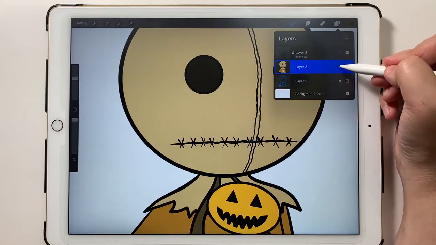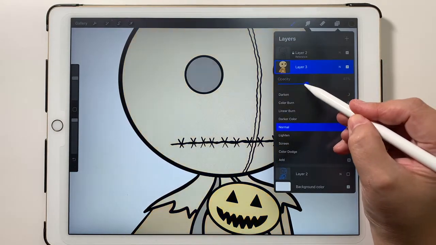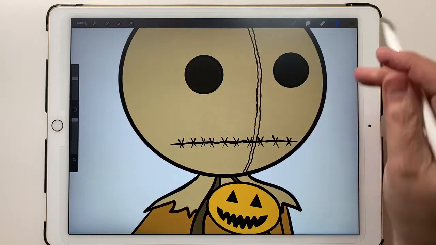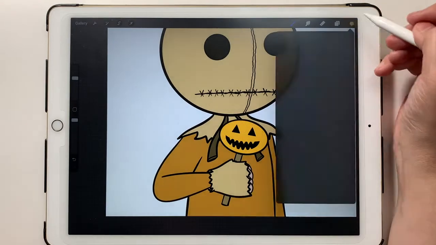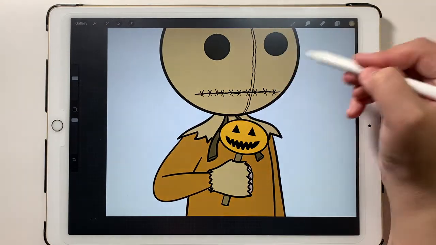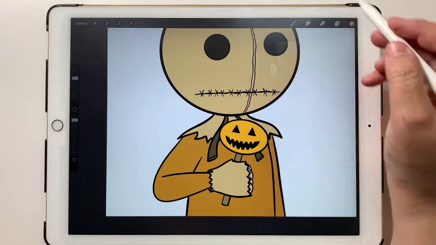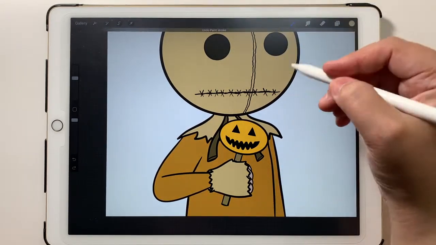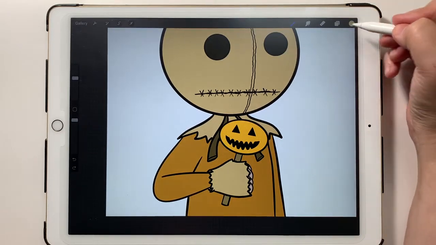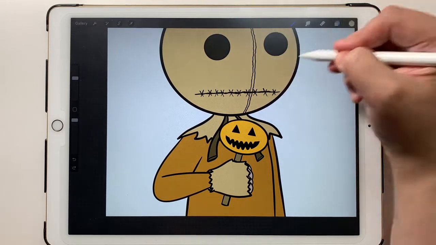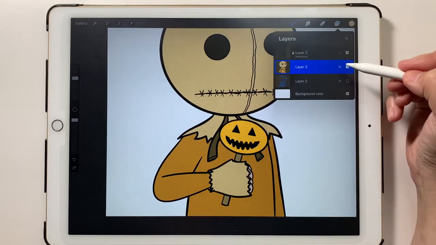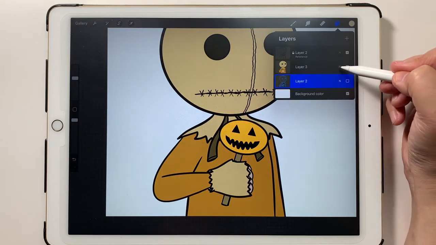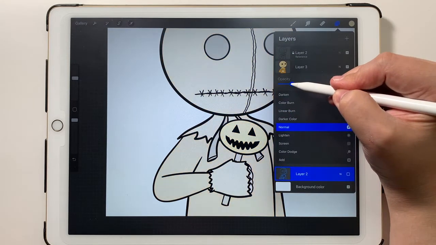Now what I'm going to do is drop the opacity on my colors really low. Actually, before I do that, I'm going to pick the right color I want for the thread, because that's what I'm going to be working on. Let's do that, a little bit lighter, because I want the thread to be a different color than the mask. Alright, now that I got the color chosen, I am going to drop the opacity on this layer really low,